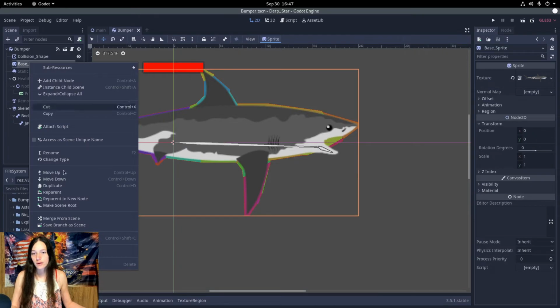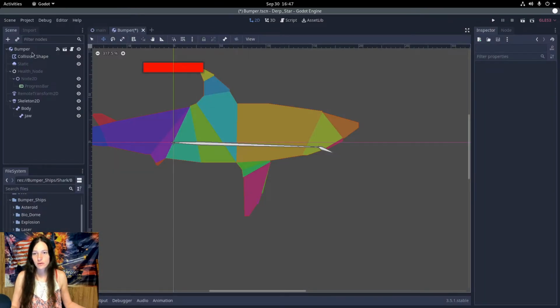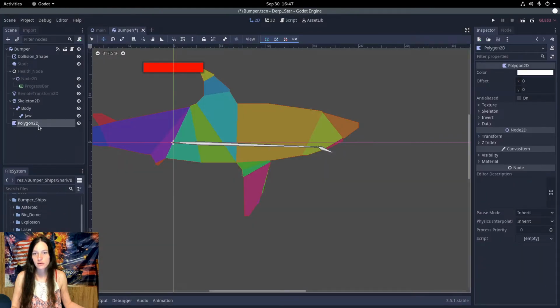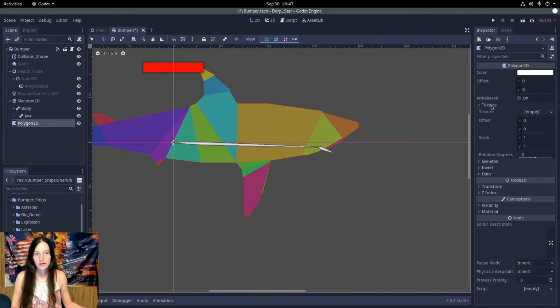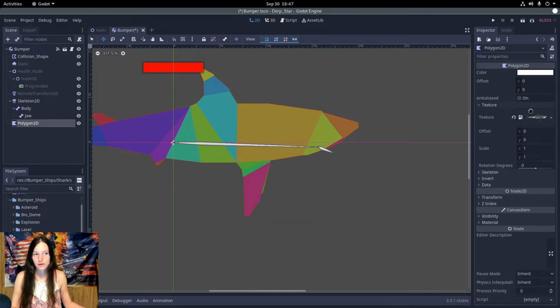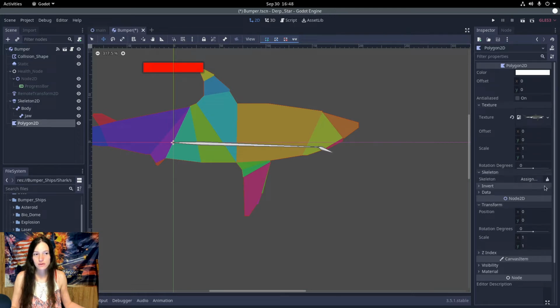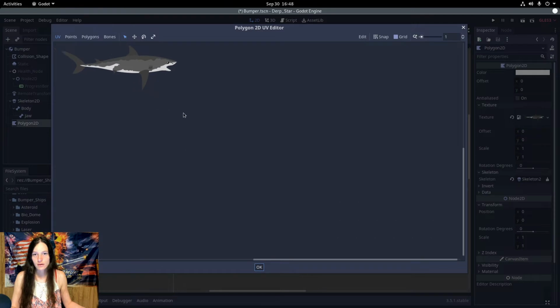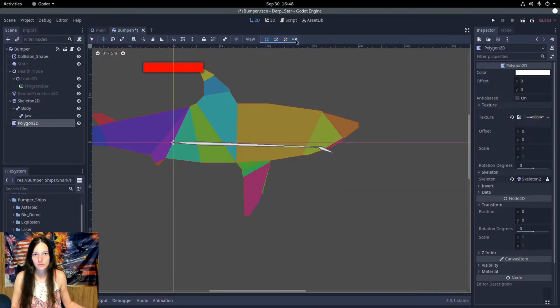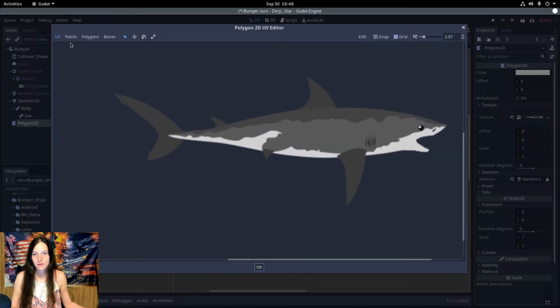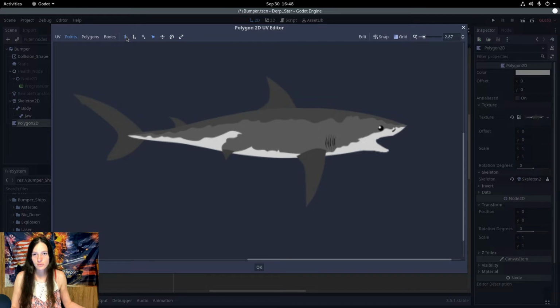Next, I'll get rid of the base sprite node and add a polygon 2D instead. And then in the texture, drag the shark image, and then I'll assign the skeleton to the skeleton 2D. And then you'll click on the UV. So here, open the UV editor. And then under points,